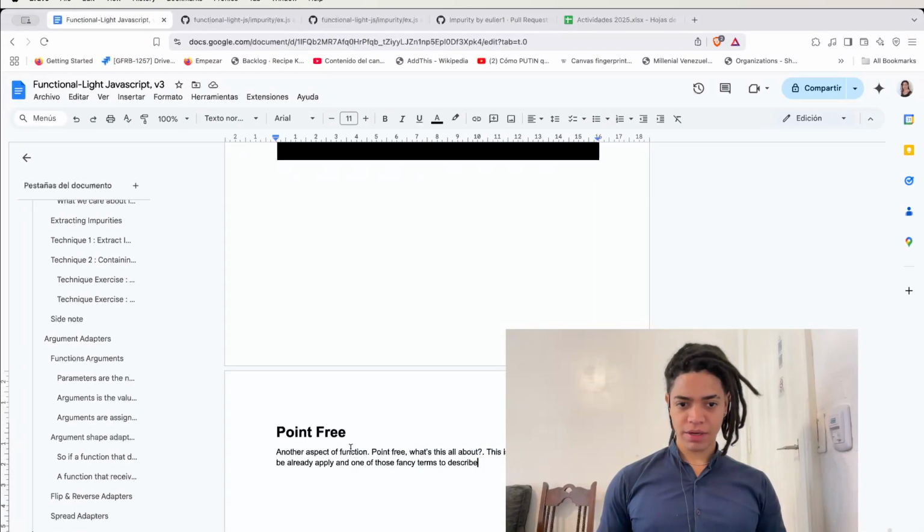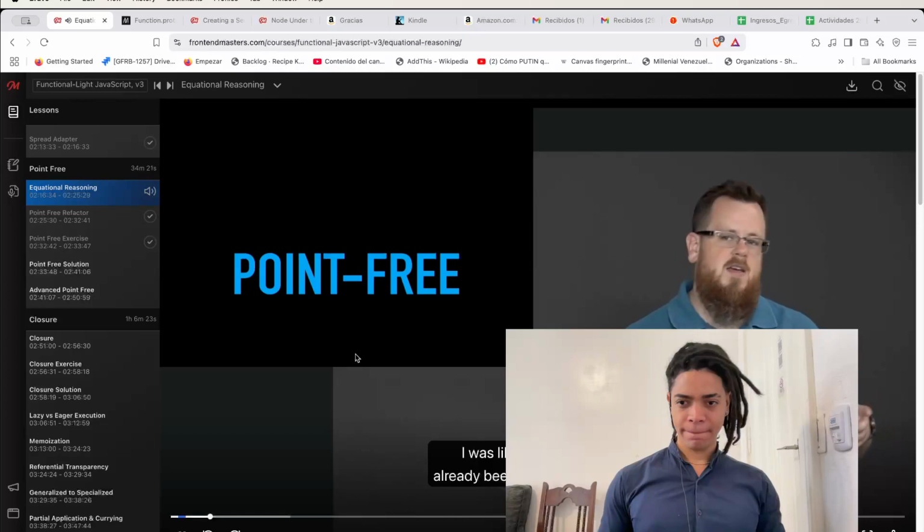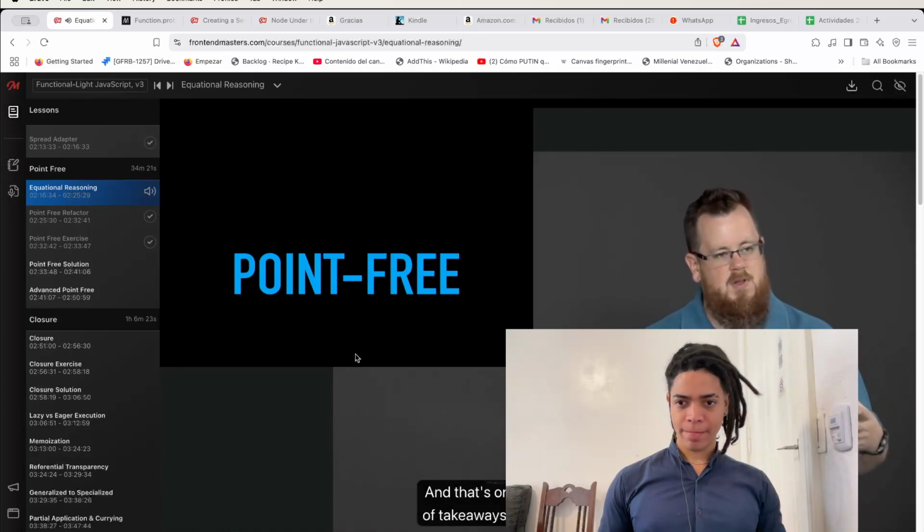This is a concept that we might already be applying, and one of those fancy terms that once you understand it, it is like, now I get it. It's pretty much that: oh, but now I get it. Been doing some of that, and that's one of the gratifying takeaways from a lot of functional programming,